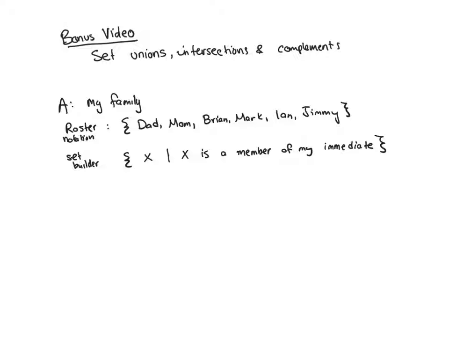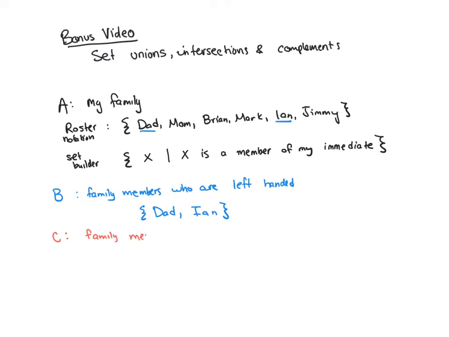So let's think of some subsets of this. I'll think of B, and maybe this will be the members of my family who are left-handed. My dad and my brother Ian are both left-handed, so I could write this out in roster notation as dad and Ian. And maybe C will be the members of my family